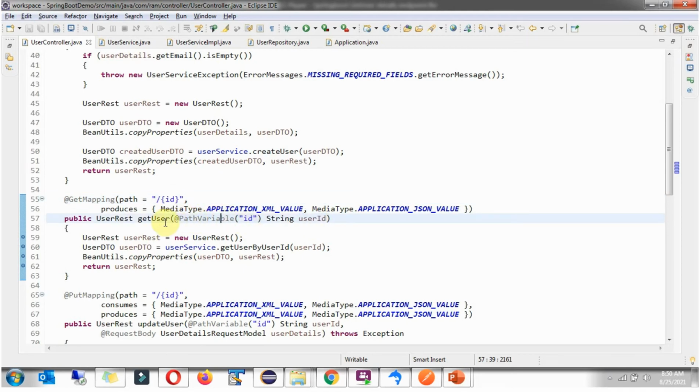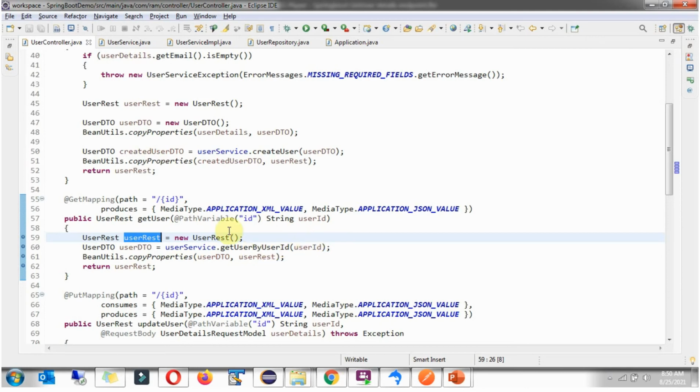This method produces XML or JSON. In this method I am creating a user REST object, and then I am calling the get user by user ID method, passing the user ID,